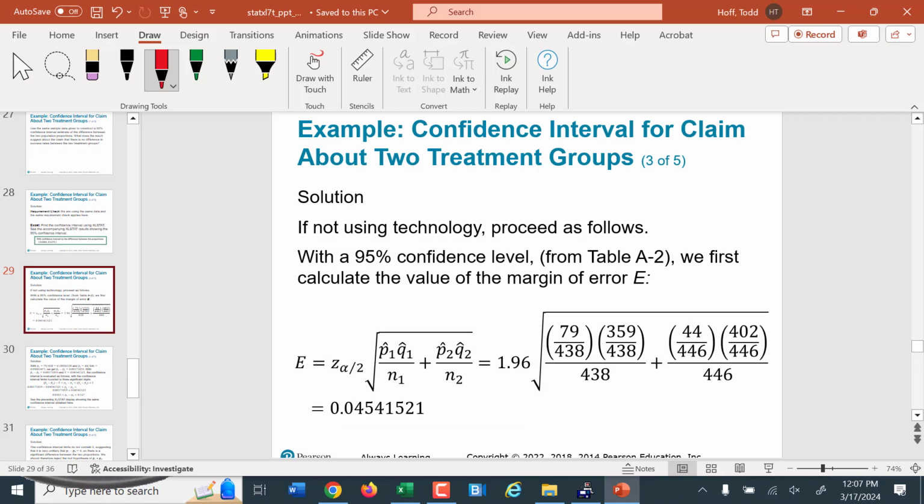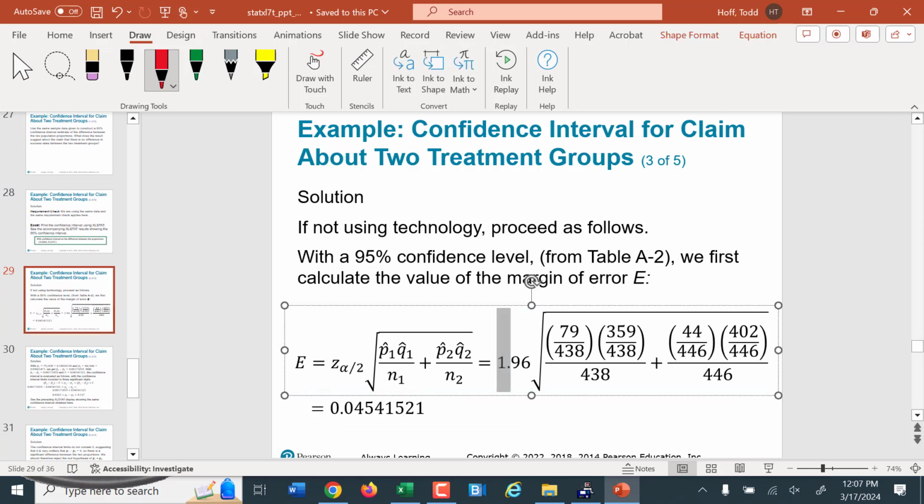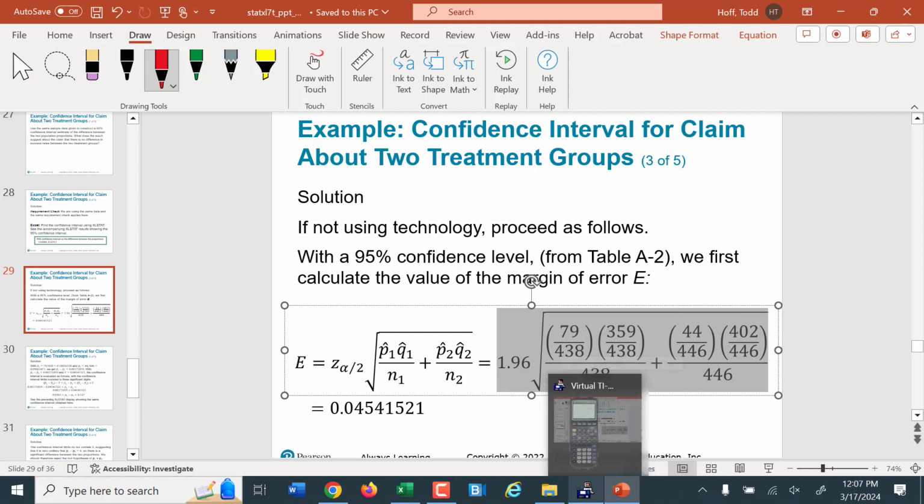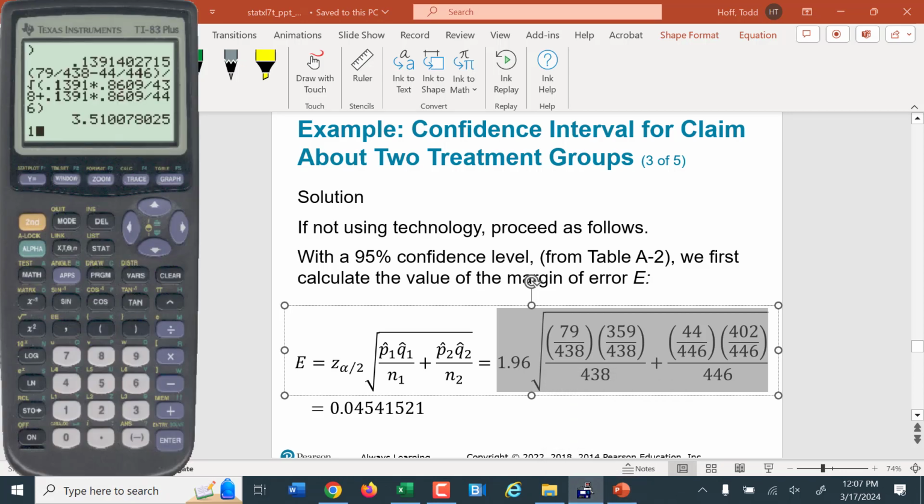If I want to do this by hand, I have this formula here that is the margin of error. So for that margin of error on the calculator, I do my critical value, 1.96, we got the critical value from ExcelStat, times the square root. I do have to have parentheses here. 79 divided by 438 times 359 divided by 438. That's just my P and Q for sample 1,